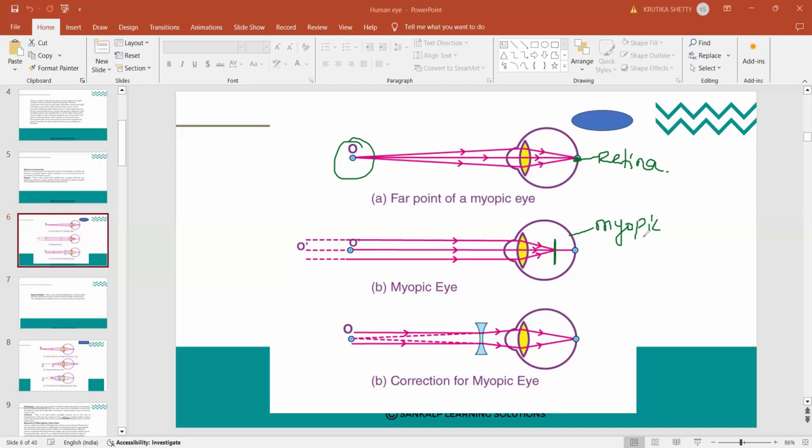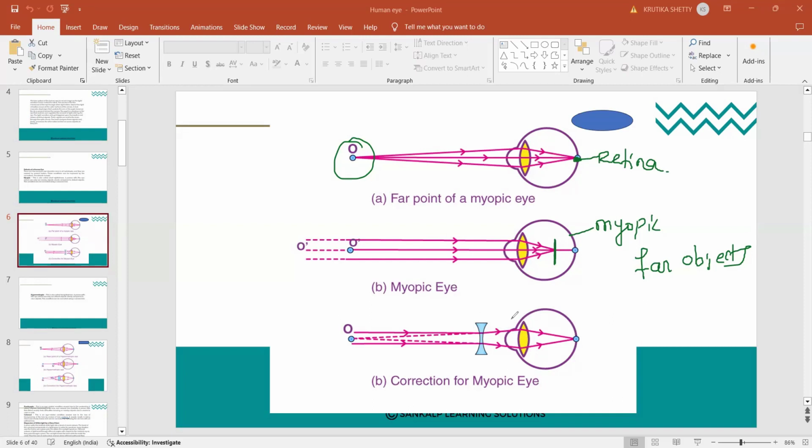Myopic eye. Okay. So here in this case, the people are not able to see the far objects clearly. So they cannot see objects that are far away clearly. That kind of condition is called as what? Myopic eye. So what happens after that for the myopic person? We have to correct it, but it is not any big defect, okay? So you can correct this by using